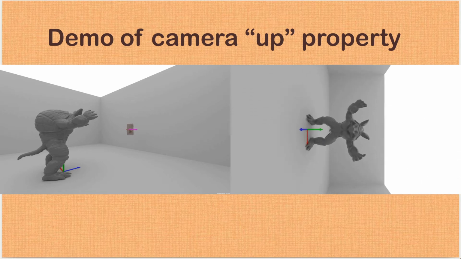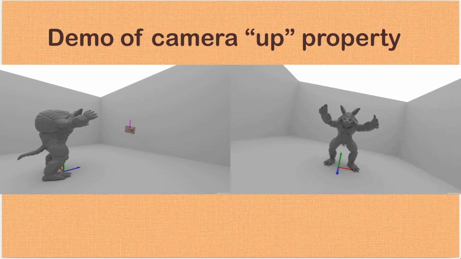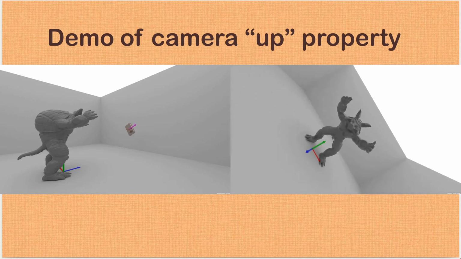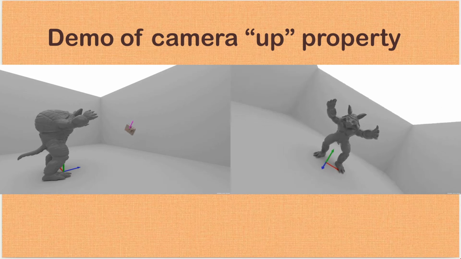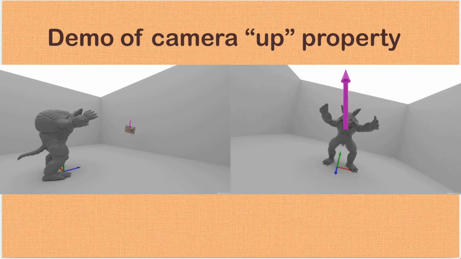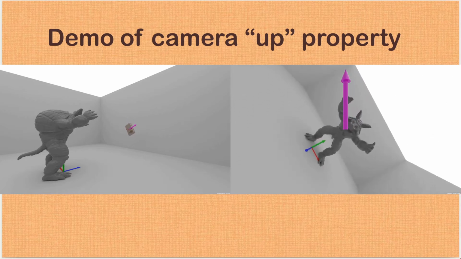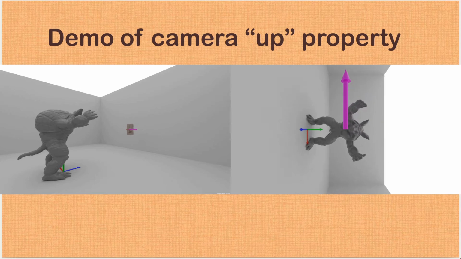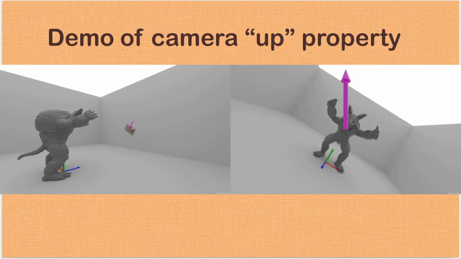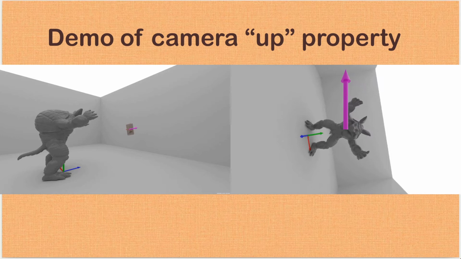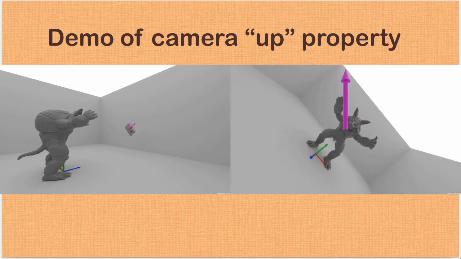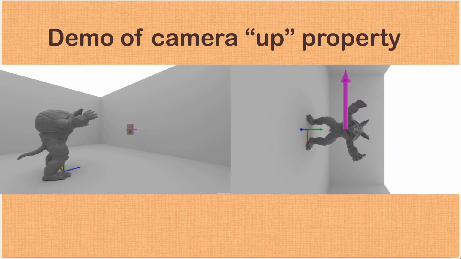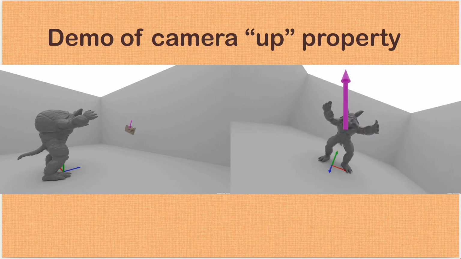Note that as I have mentioned earlier, the image is captured in such a way that the up vector always points upwards. To make it clear, we will see another animation. This time for the resultant images of the creature, we can also see the orientation of this vector. This shows that the images are captured in such a way that this vector always points upwards. For most of my basic animations, I render scenes by pointing this vector along the positive y-axis.